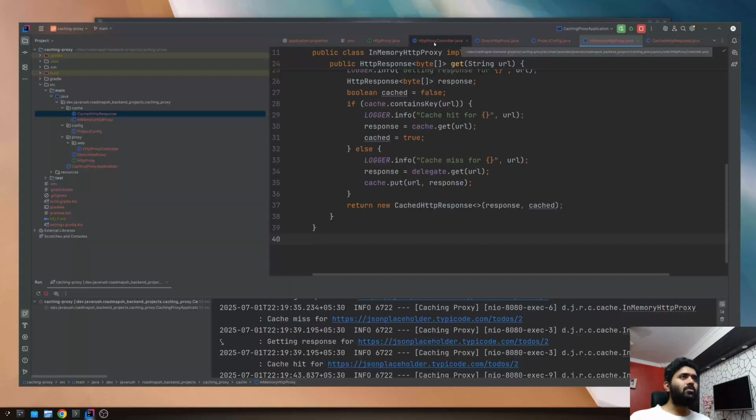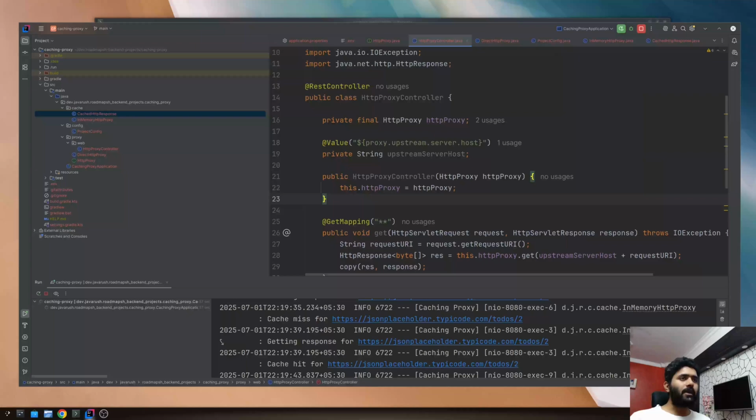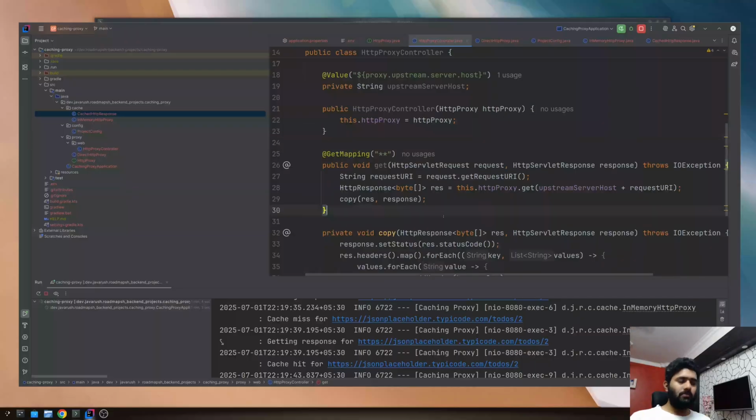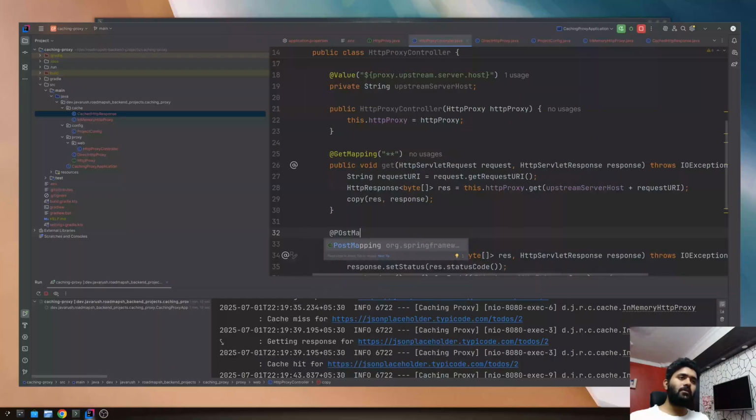I will just go to this controller again. Now here as well, I will create one post mapping to some endpoints, and that will clear the cache. So let's do that. Post mapping, and I will just call it cache clear,